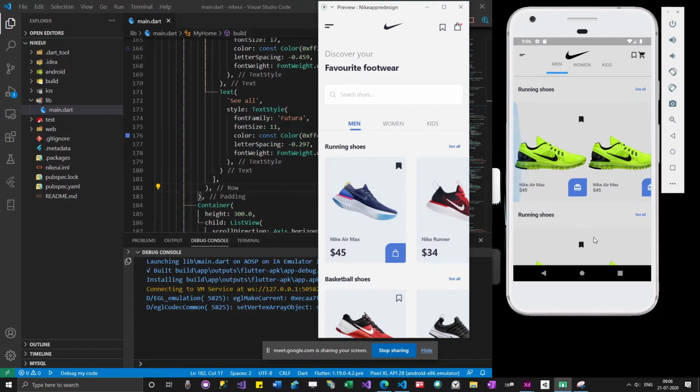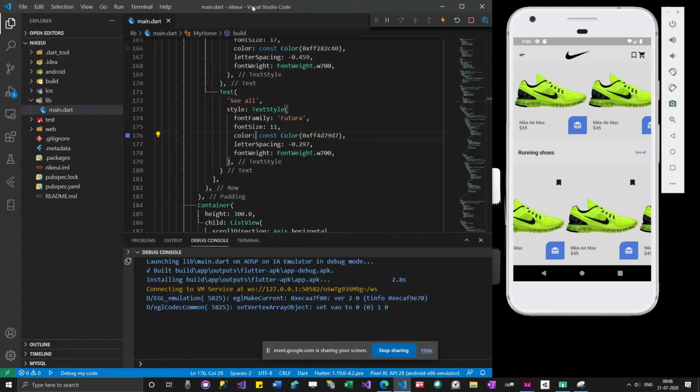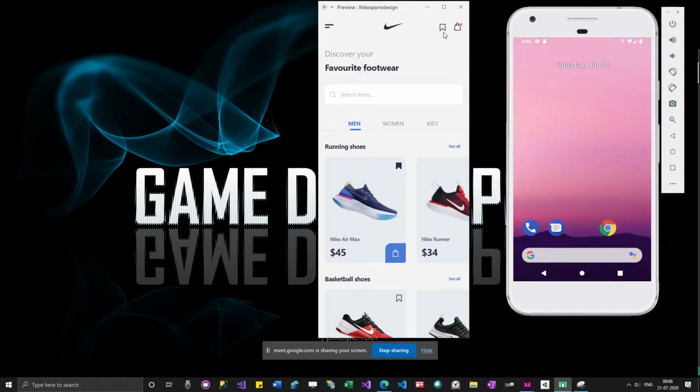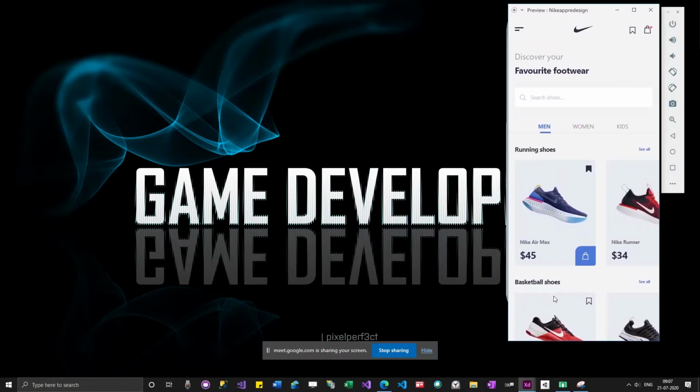Okay, so I have added only two images here. You can see there are three images, so there is no gap between these two items. What I will do now is keep this code on the other side, and then I will try to code everything from scratch so that you will also understand how to do it yourself. For that I am going to close this one and stop the app from running. I'm going to keep this design on the other side.